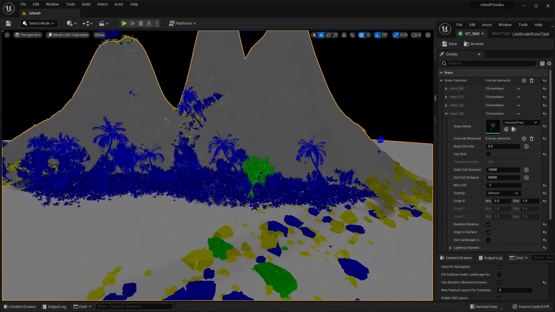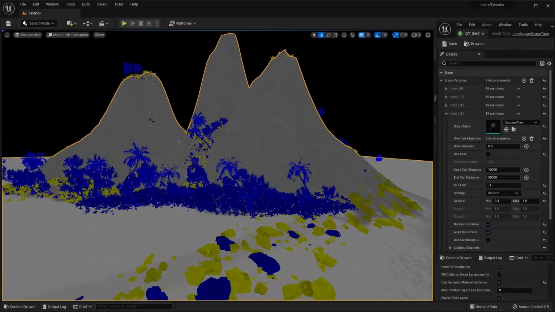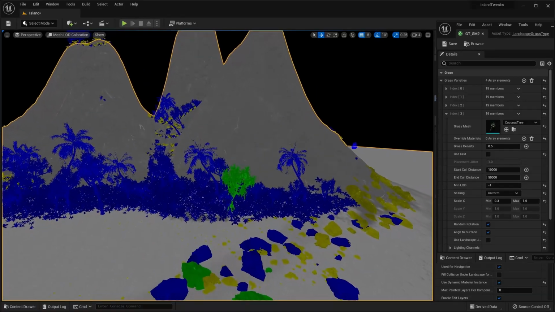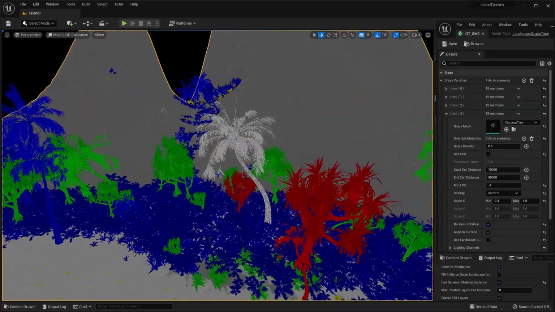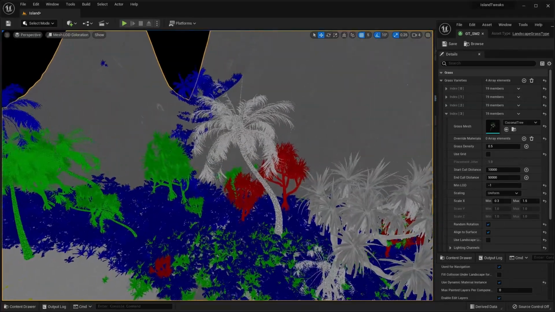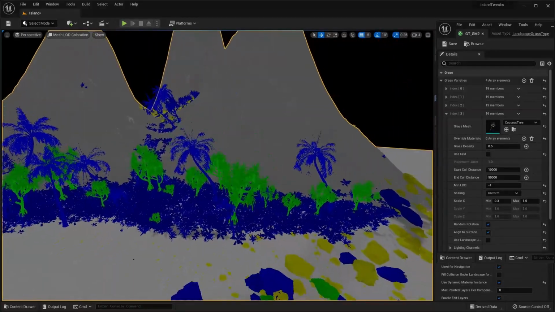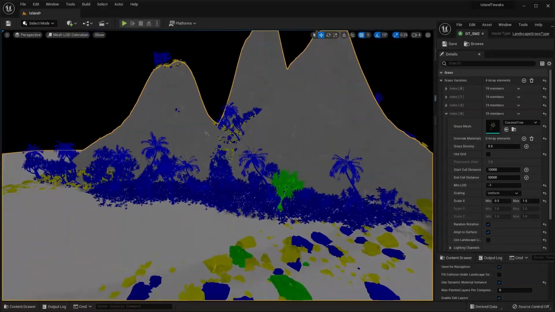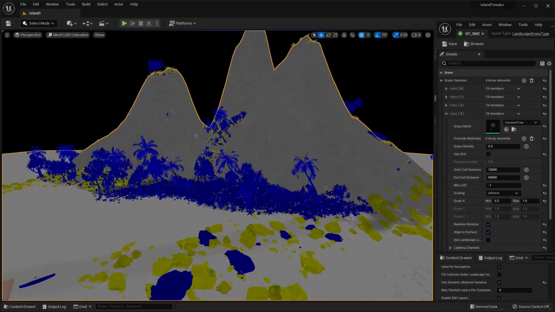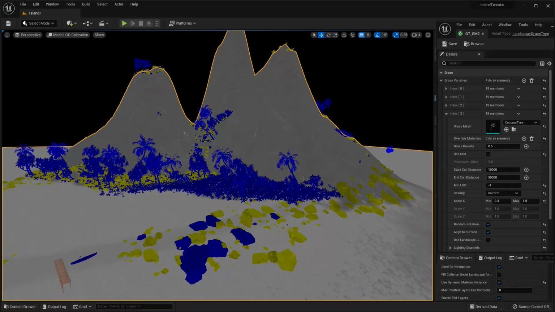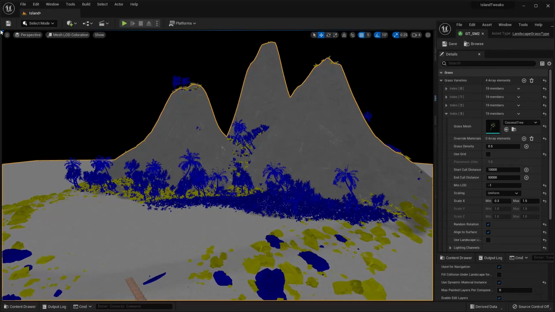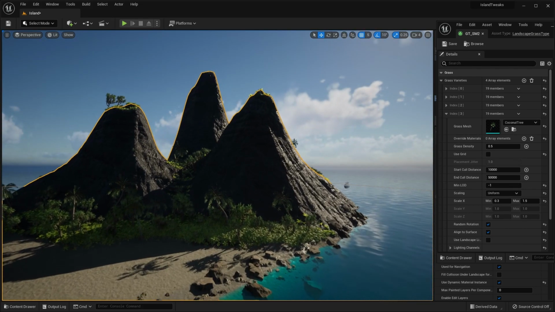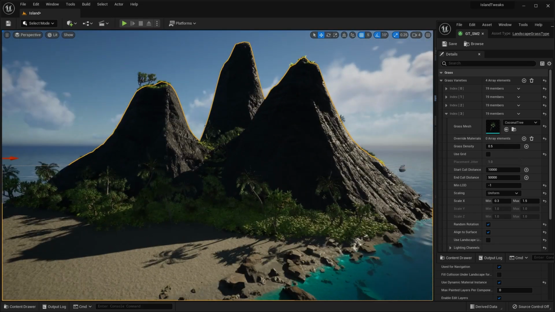And we can see that our palm trees are blue. Now our pandanus tree goes to the next level of detail, the palm tree there goes to the next level of detail, and now that's level of detail 0. So our level of details are working well for the palm trees as well as all of the other foliage, and we have got a better performance. So let's go back to our lit mode, and as a final tweak in the island,